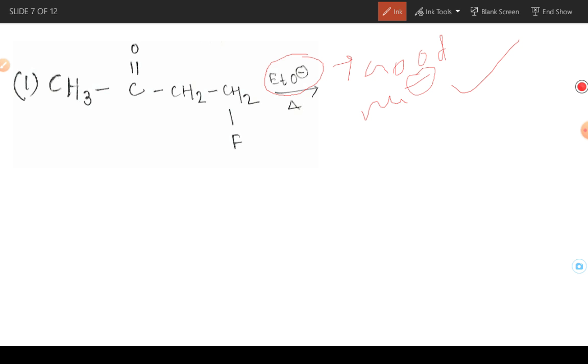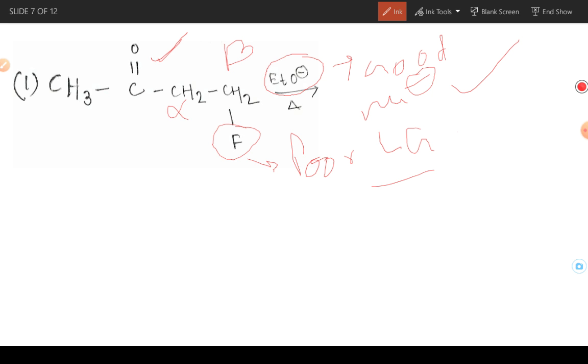And here also the heat suggests to us that the elimination reaction is going to happen. But which type of elimination, either E1 or E2 or E1CB? Just see. Here also F is a very poor leaving group. And you can see here the keto group, and hence this is the alpha carbon and this is the beta carbon. Hence the poor leaving group is also present at the beta carbon as well. So you can understand what is going to happen.